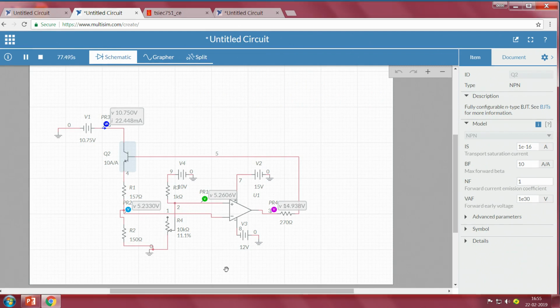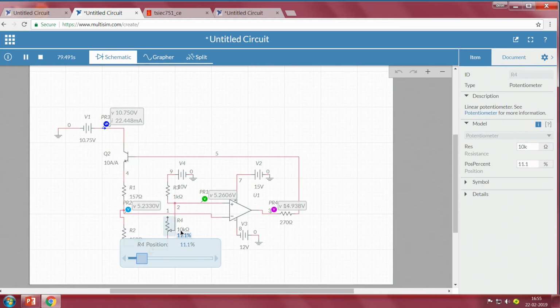So assuming I am building up this circuit and the current temperature of my room is 30 degrees, what am I supposed to set the compensatory circuit at? 11.1. As you can see, this is set at 11. Since this is a variable resistor and I have used a 10K, I have set it at 11.1%. So essentially it is going to give me that resistance, 11% of 10K, which is what I am connecting my compensatory circuit at.